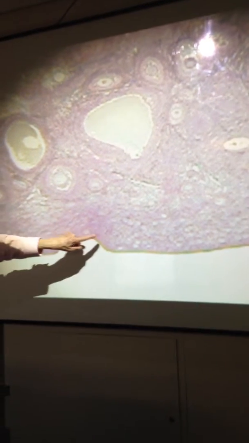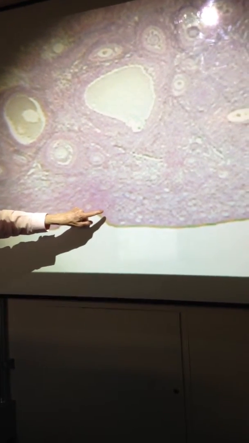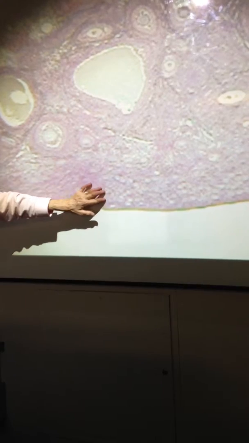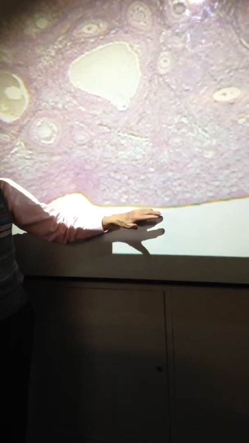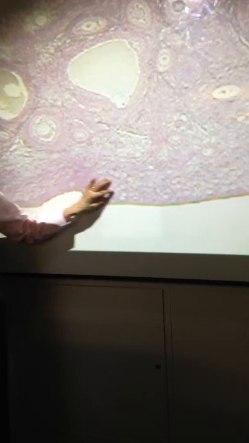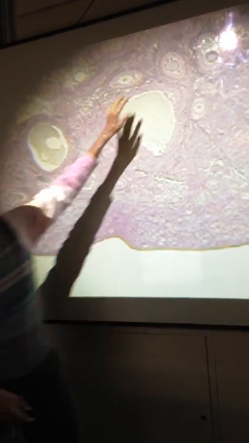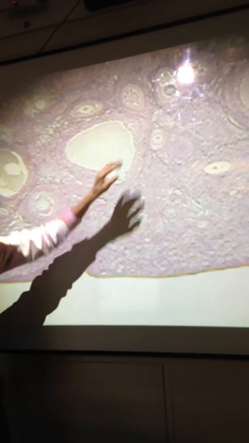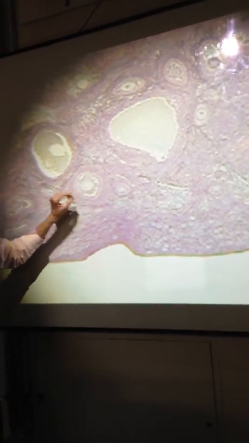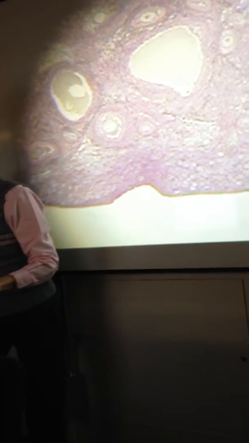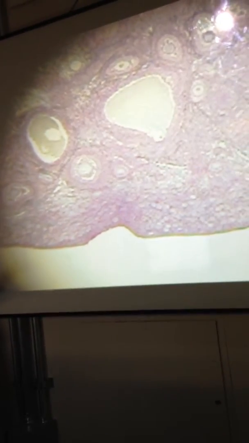Discover together. So these are the primordial follicles with a little oocyte in them, forming egg nests, and you find them out here near the outer border of the cortex. And then this is a secondary. I'm not seeing any primary right now, because what we have, and I make a point when I have time